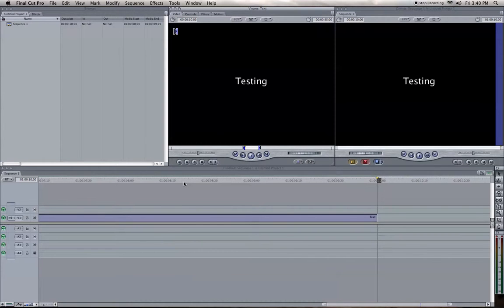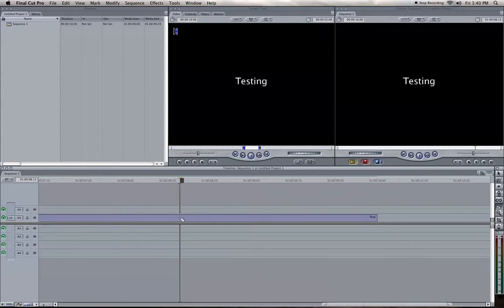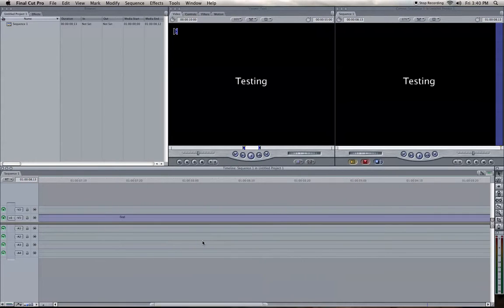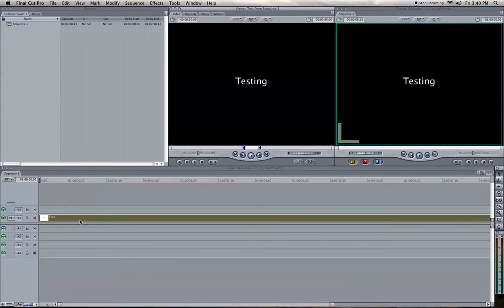Doesn't matter the length or anything. Just for rendering purposes, I'll go ahead and cut it in half. And we will make it a little bit longer. Okay, that's a little bit too long. Still too long. Okay, so to apply a keyframe, what we are going to do is go ahead and double click on